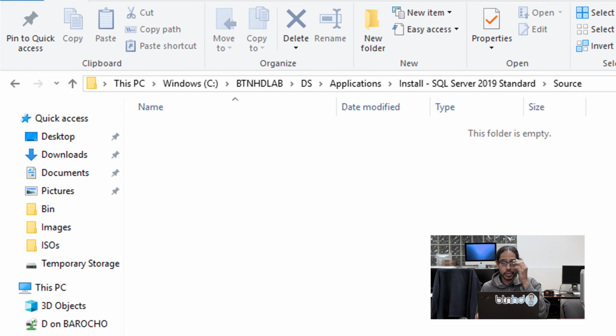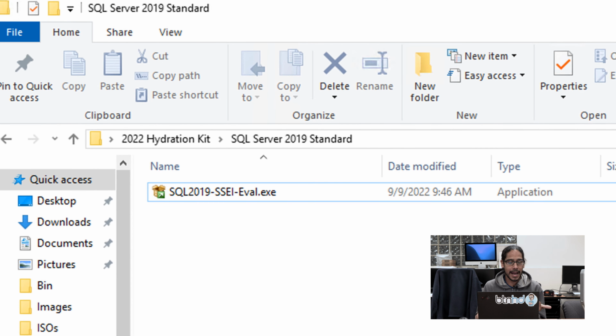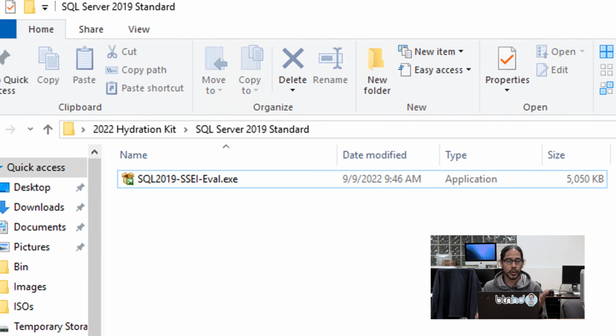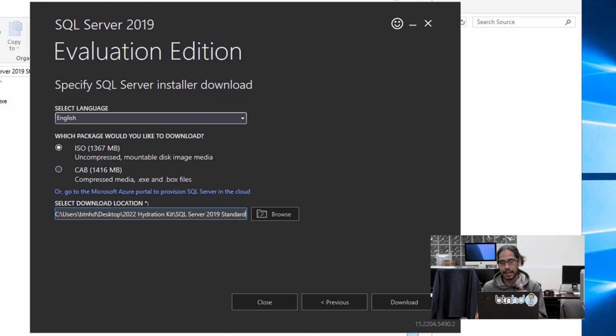Next thing that we need to do is deal with the SQL Server 2019 Standard. Go to sources, and we need to drag a couple of files in here. So within our hydration kit, open up the SQL Server 2019 Standard. You're going to see the exe file. So we're going to double click on that. Click on download media. And from here, we're going to switch the download location to the following and click on download.